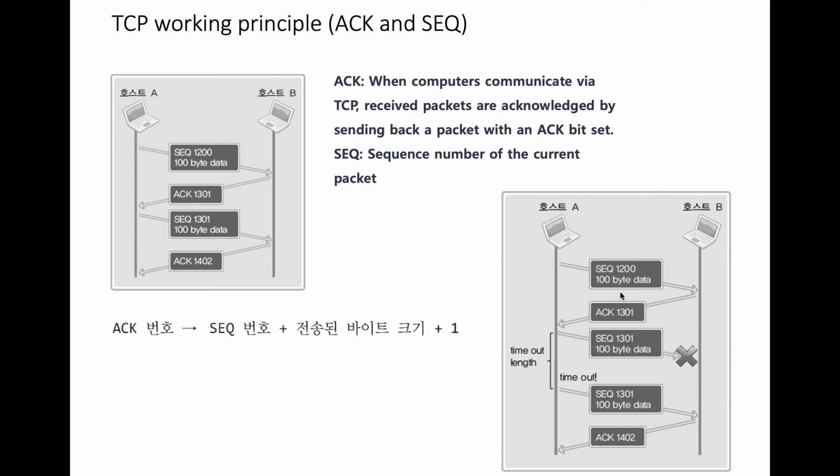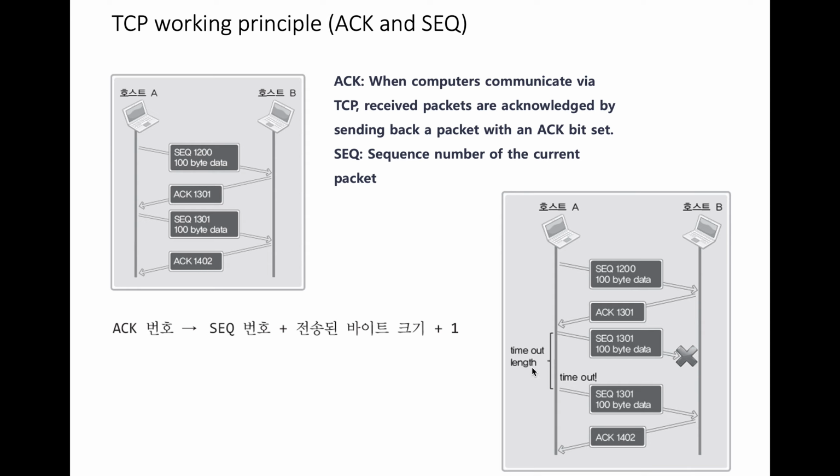So here is the error case. I just sent sequence number 1200 with 100 bytes of data, and then it's waiting for the next packet, 1301, and then this packet was not delivered. For example, the sequence of the next packet that host B is waiting for from host A, 1301, was not delivered, for example, due to network congestion. So host B did not acknowledge that packet because it did not receive it, right? And host A waits for a specified interval